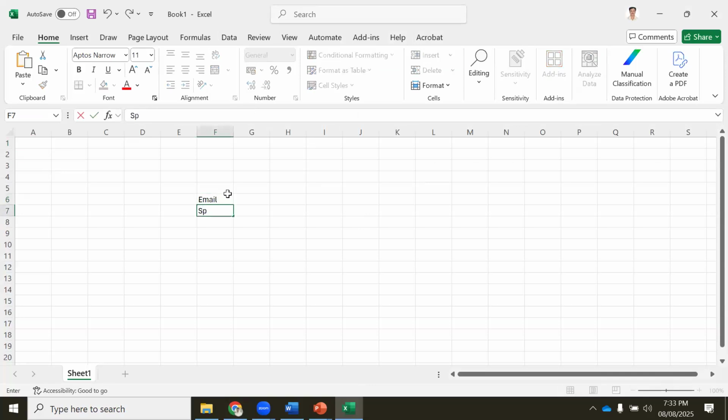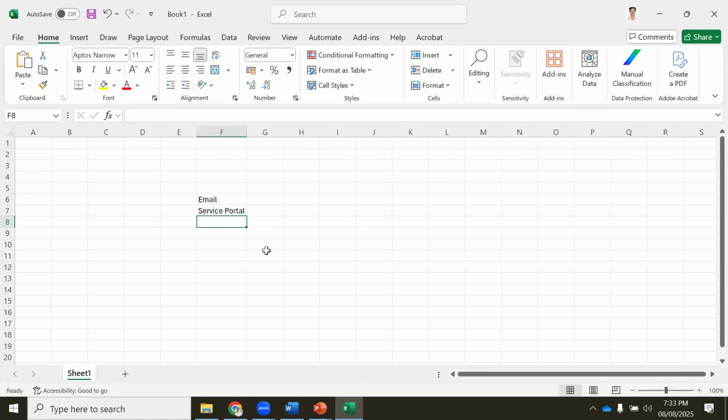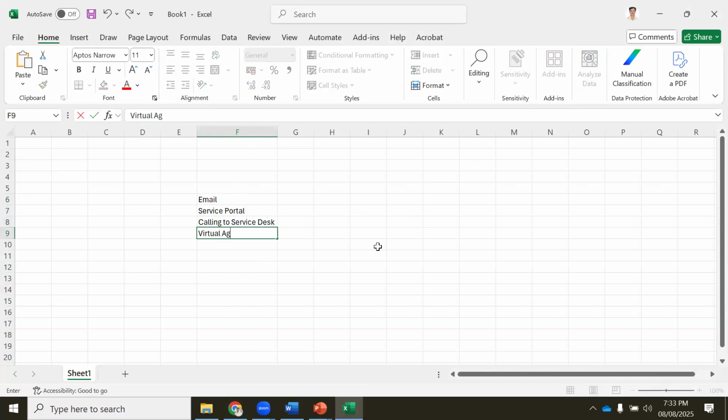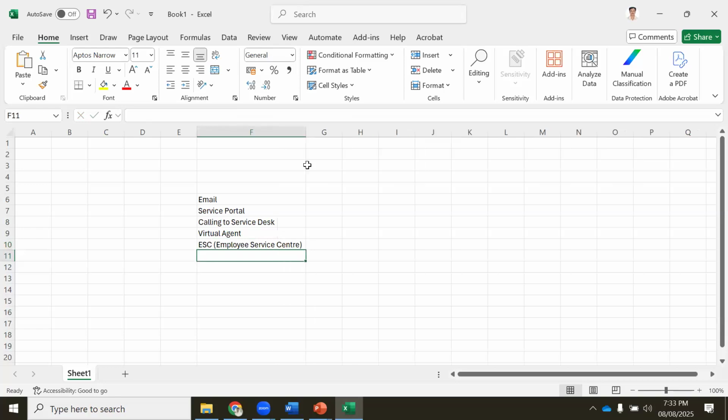Mail, SP is nothing but Service Portal, okay, and call to service desk, okay, virtual agent, okay, and ESC, Employee Service Center, okay, and integrations.